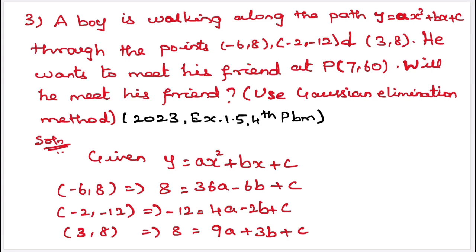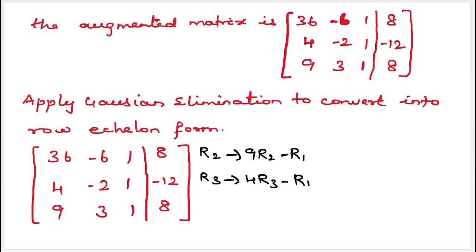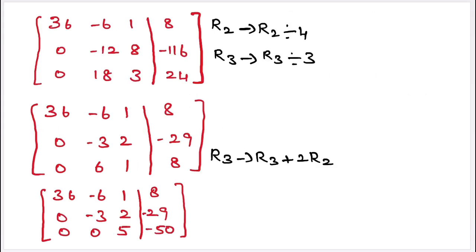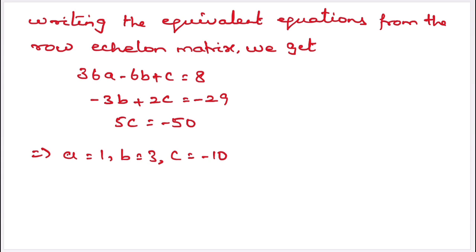Now write the augmented matrix corresponding to these equations. So here is the augmented matrix. Now apply Gaussian elimination row operations to convert the matrix into row echelon form. So we have performed all these operations to convert into row echelon form, and finally writing the equivalent equations from